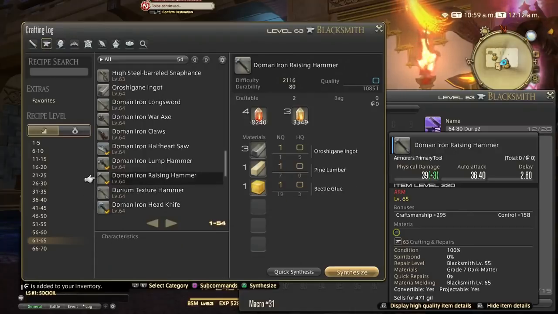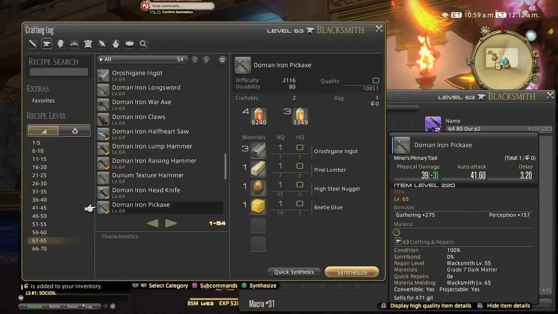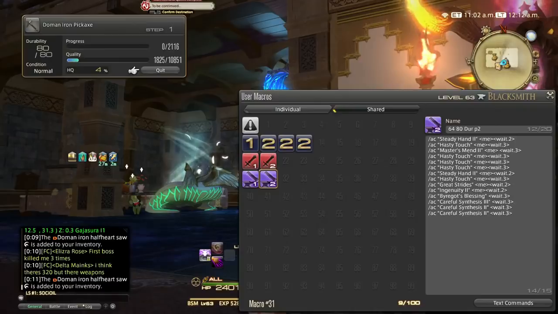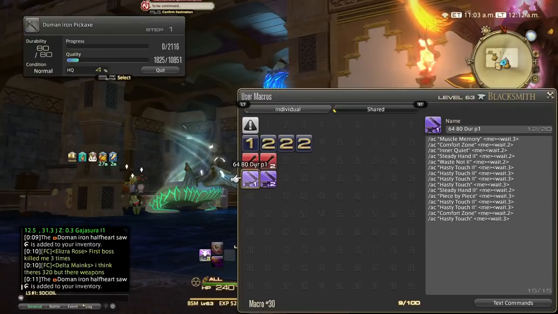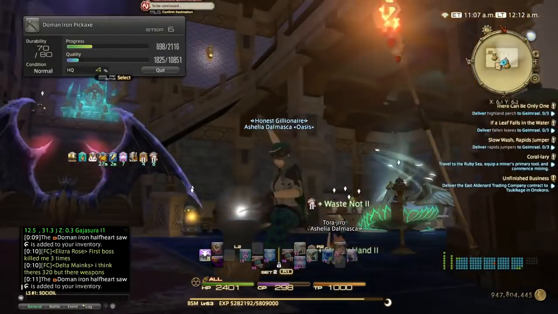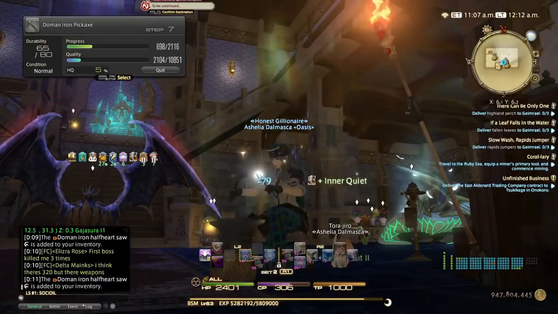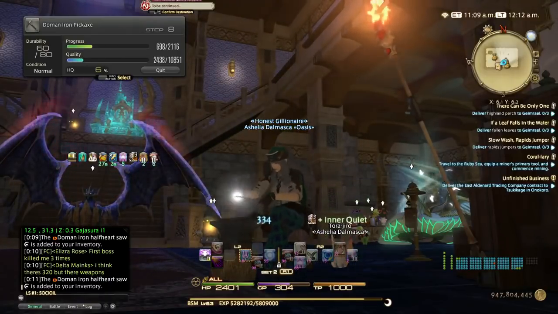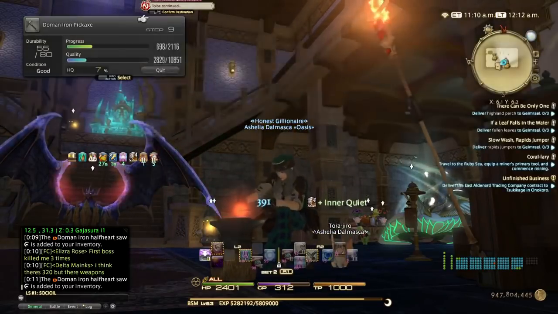Okay, let's do one more recipe. Let's do the mining tool. Okay, macro number 1, just to show you twice. And next video I'm going to make the level 65 recipe obviously, and we will craft it as level 64, and we will have